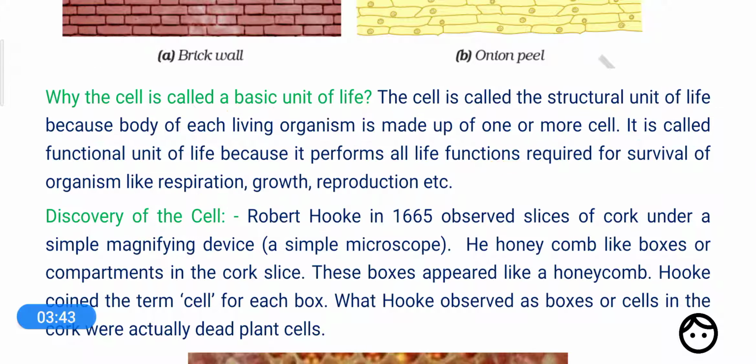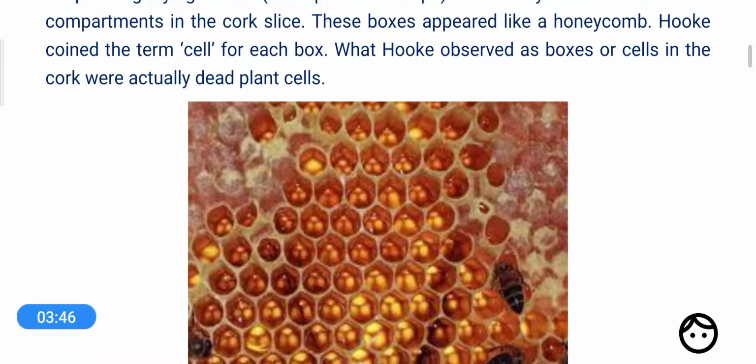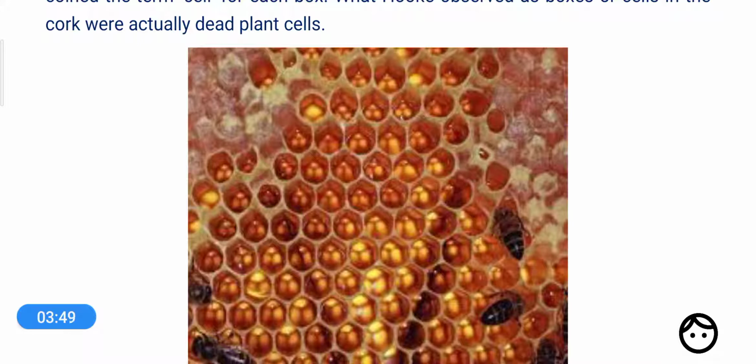What he did actually, dear students, at that time the corks or the caps of bottles were made up of the bark of a tree known as the oak tree, right? So he took a bottle cap made up of the bark of the tree and cut it into very thin slices with the help of a blade. And then he observed the thin slices of the cork, that is, the bottle cork, under a microscope, and when he observed them, he saw many compartments like this,